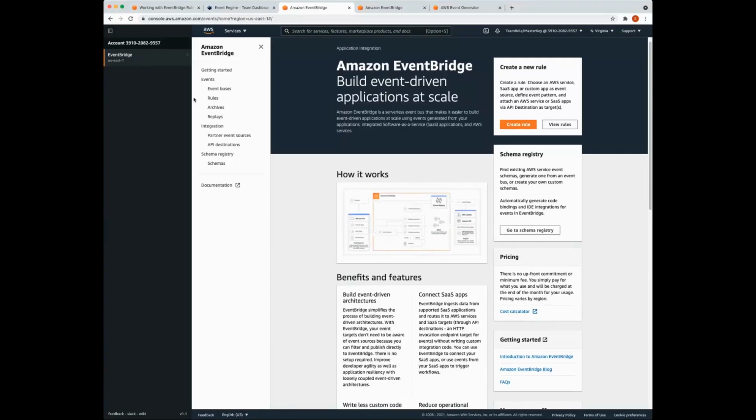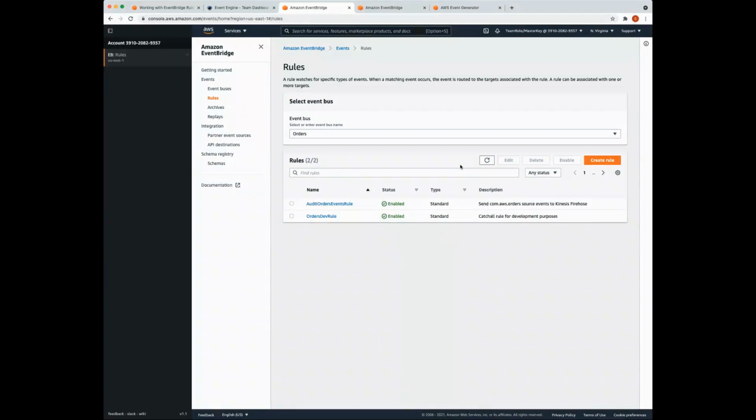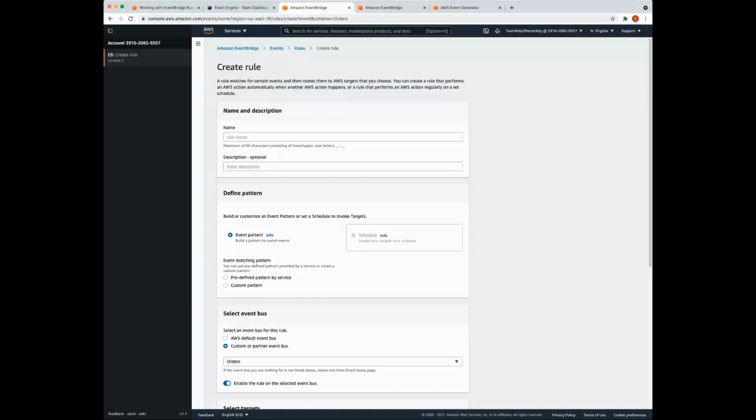And we're going to hit rules. You should all be familiar with this at this point. We are going to create a rule, and we're going to name it the EU orders rule.